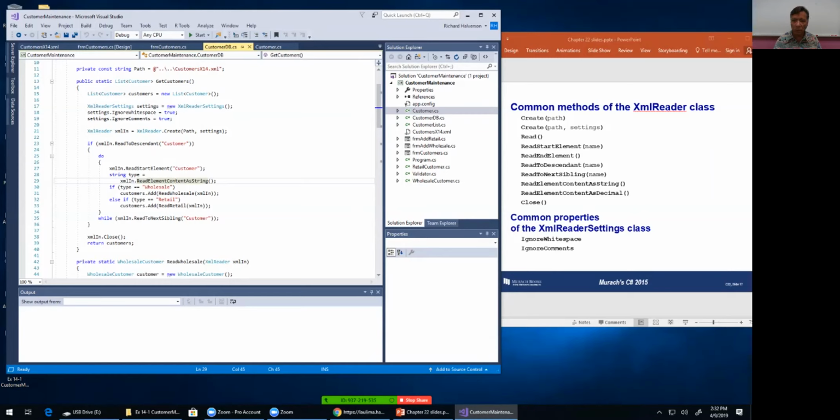Read start element, read end element. So we read these elements,